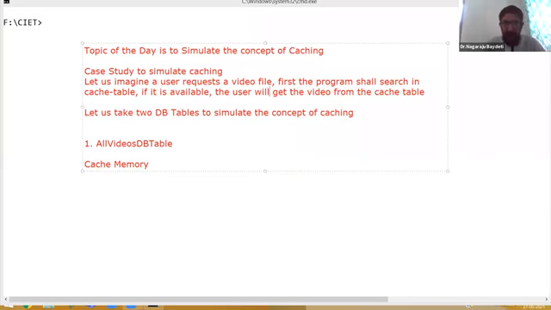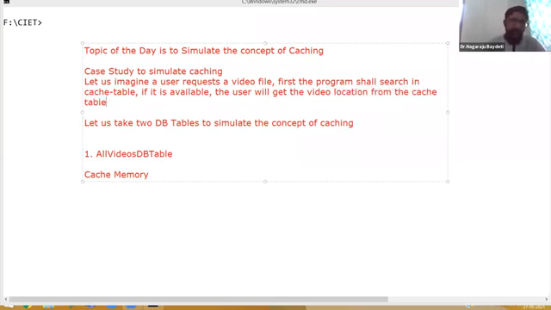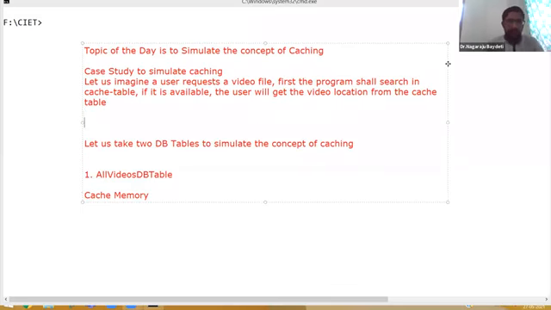Not the entire video, the user will get the video location from the cache table, because I cannot store the entire video in a table. So what I am going to do is keep some metadata about the video. For example, what is the video ID? What is the name of the video? Where it is available in the machine? Okay, now, in case it is not available,